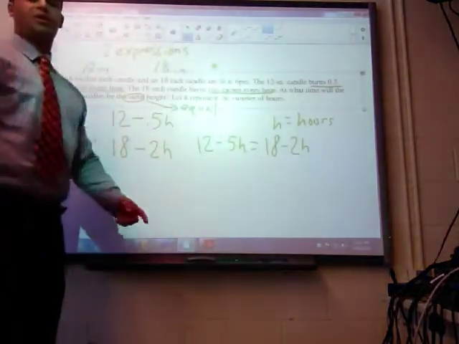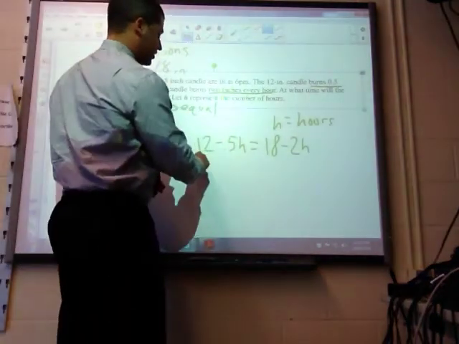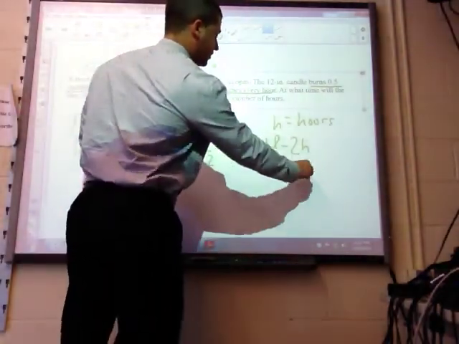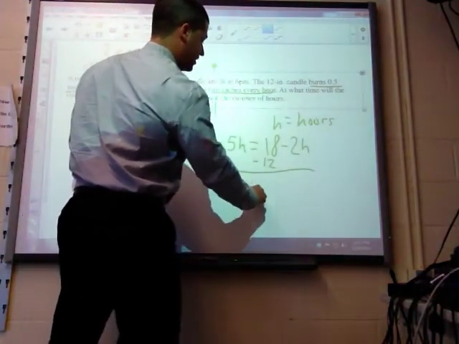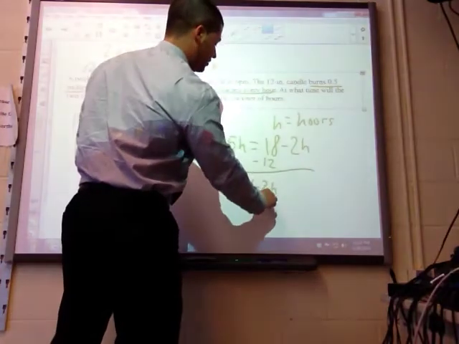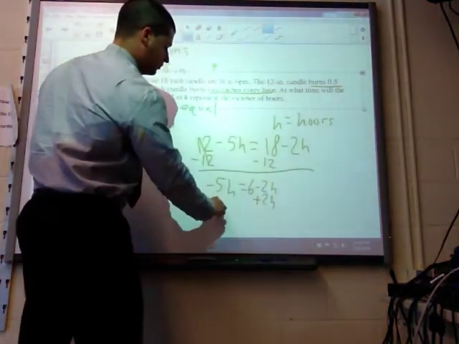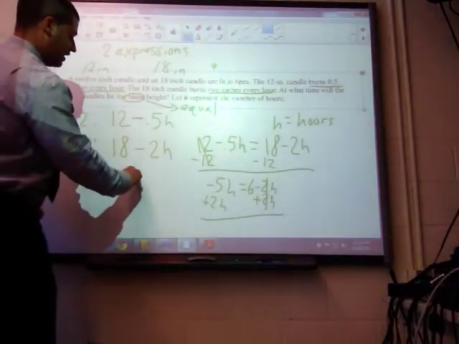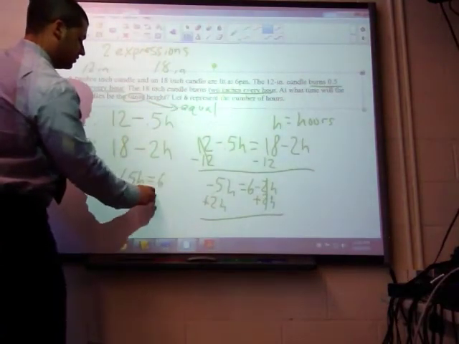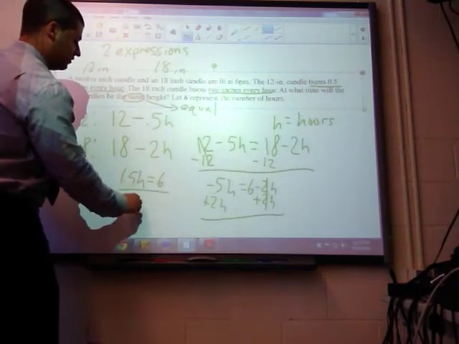And you would solve this by putting all the numbers on this side by subtracting 12. Negative 0.5H equals 6 minus 2H, adding 2H. So you would get 1.5H equals 6, divide by 1.5,